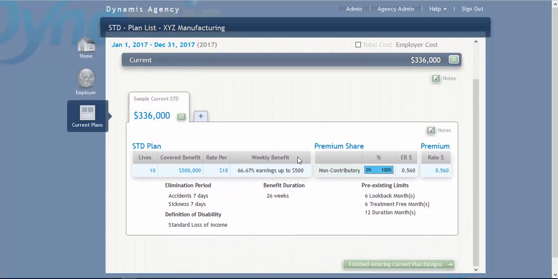Now we see that short-term disability plan in the dashboard. Here we see that enrollment information, our covered lives, our covered benefit, and what our rate per is. Now under here we have our premium, which is actually the charge per that $10 of weekly benefit. We can see underneath the information, we've got our elimination period and benefit duration, our definition of disability, and any pre-existing condition limitations. So that really gives you a look at the information we're going to capture when we create short-term disability coverage. In our next tutorial, we'll discuss more on how we actually work with these plans once they've been added to the